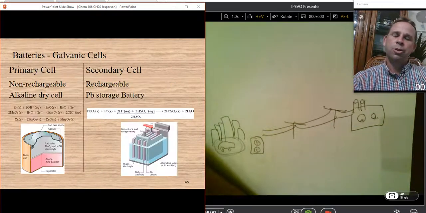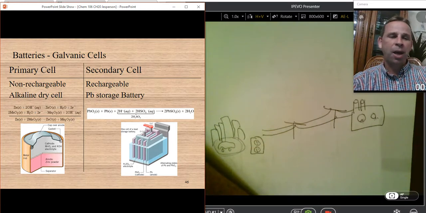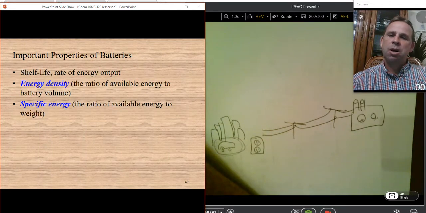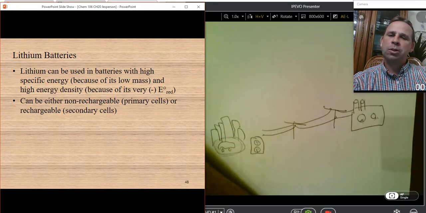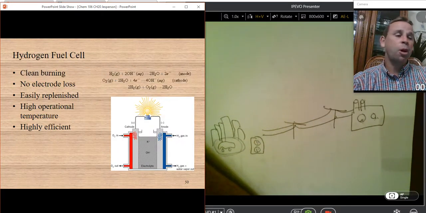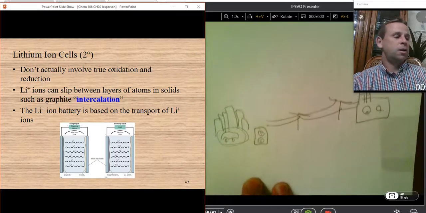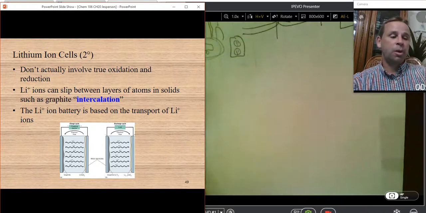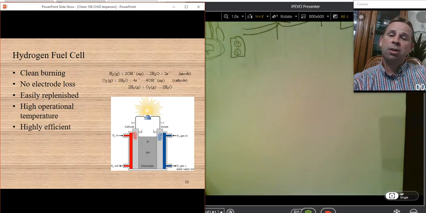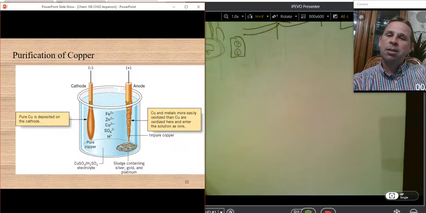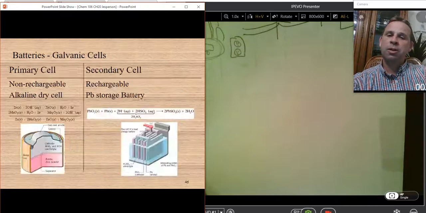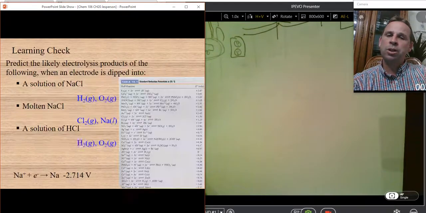All right, so rechargeable batteries also are called secondary batteries or secondary power sources. Lithium-ion batteries are very promising. They're very interesting, and if you want to talk about them further, you can come by my office. We're not going to take much time today to talk about them. The hydrogen fuel cell I talked about has very promising attributes, the best of which is that it only produces water as a byproduct. And then we'll end with this video that I was going to show you earlier,